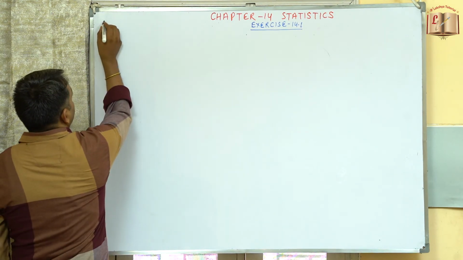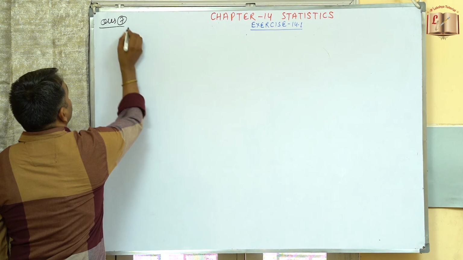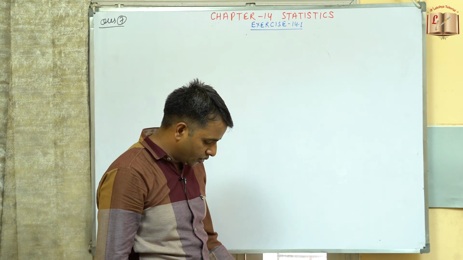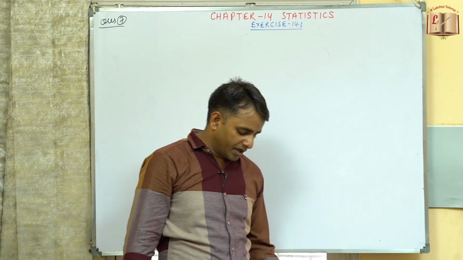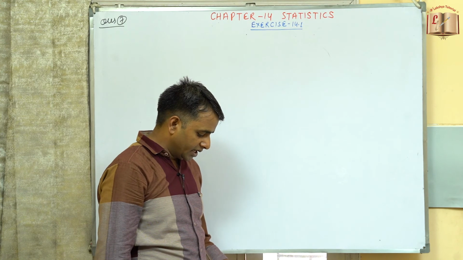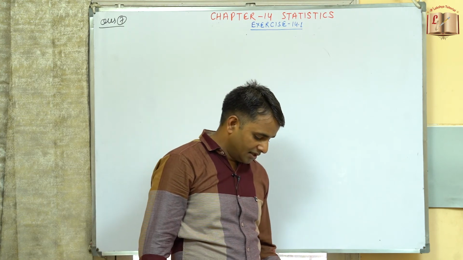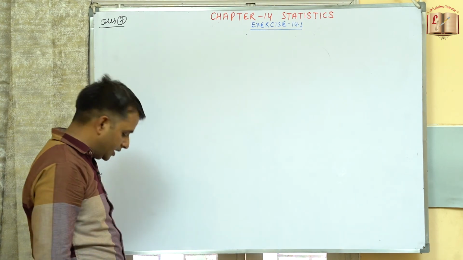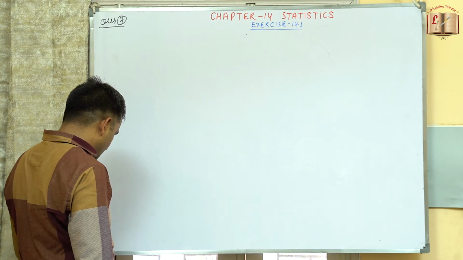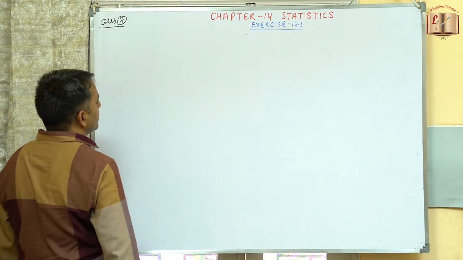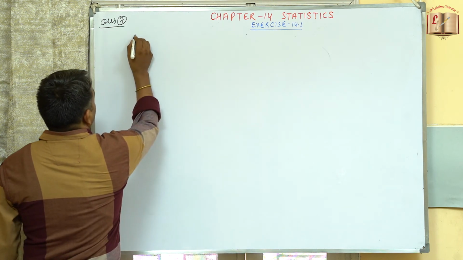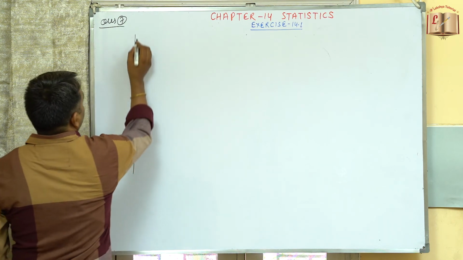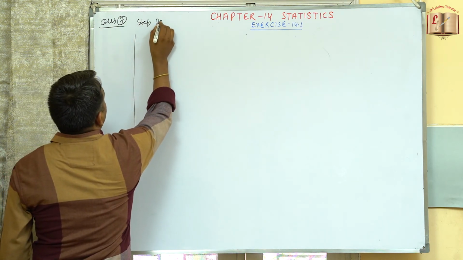So coming to question number 7. To find out the concentration of the SO2 in the air in parts per million (ppm), the data was collected for 30 localities in a certain city and presented below. So concentration of the SO2 is given and the frequency is given to us. We need to find out the mean concentration of SO2 in the air. So again here also we will follow this step deviation method.